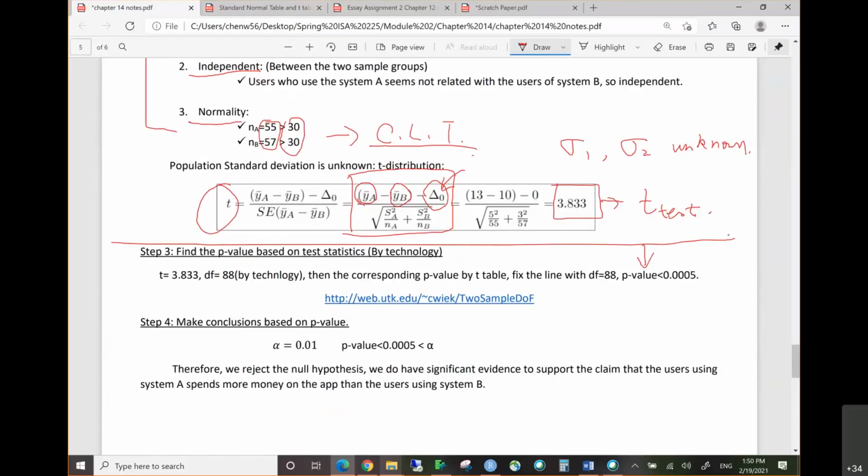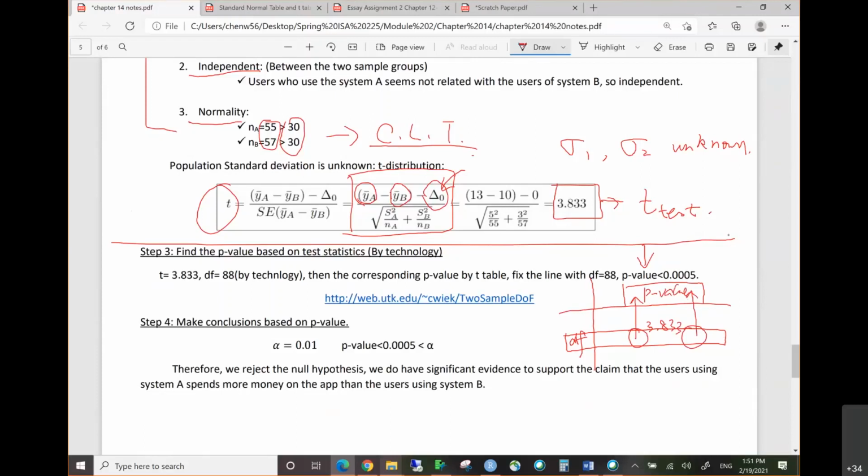So once you have the t-test statistics, of course you need to go to the t table to find the range of your p-value, right? So that means you first focus on your degree of freedom line, right? And then you find this 3.833, which is your t-test statistics, should be between two values. And then you go up to find the range of your p-value,